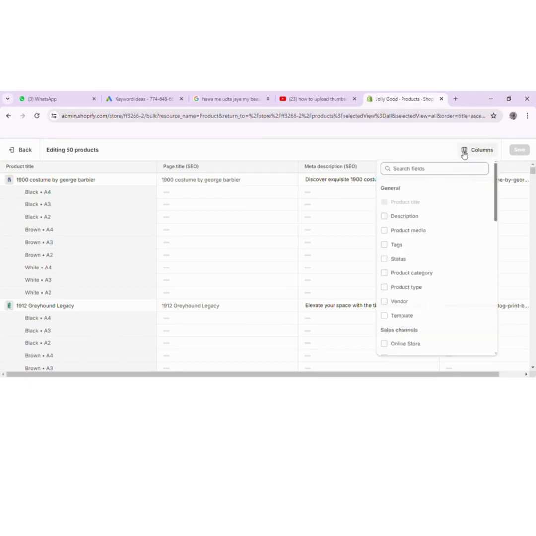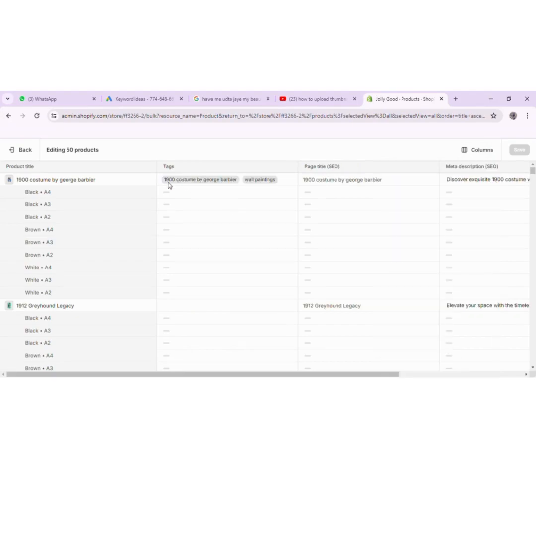And also you can add the text. Here is the text section, which you can also add, like I have added 19 costume by George Barbie, wall paintings, etc. In the text section you can add the category of your product or the subcategories of the things which you are selling in your e-commerce store. As I am selling wall paintings, I can add wall paintings, wall art and other things like this. And after editing these things,